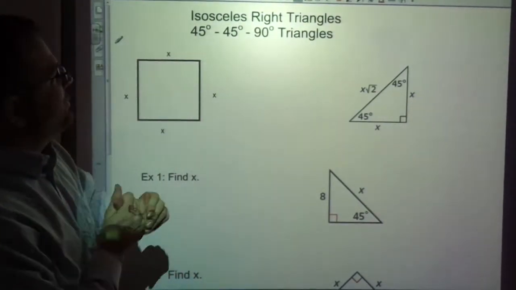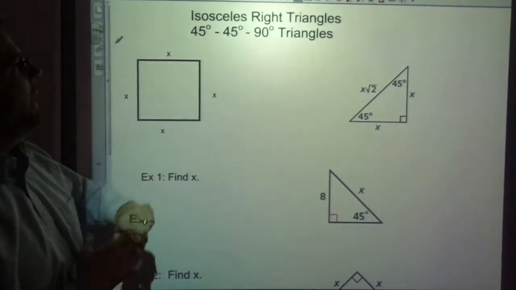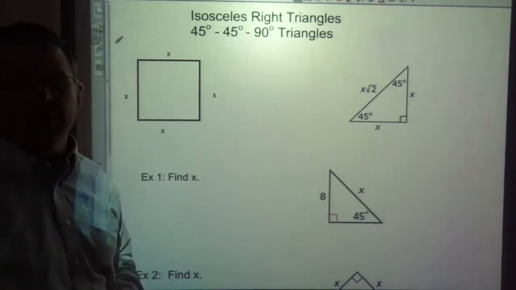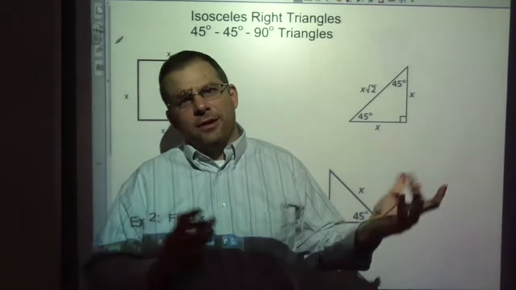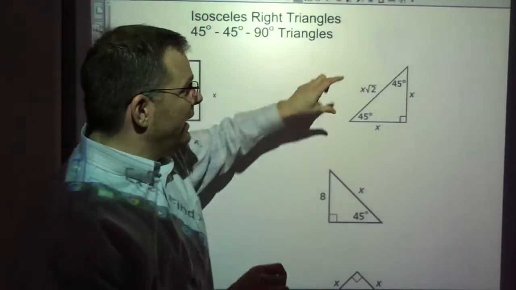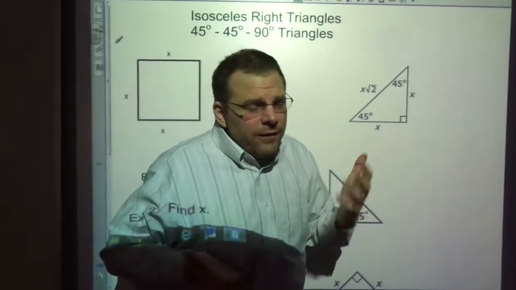Today we're going to look at special isosceles right triangles, where we have 45, 45, and 90 degrees. These triangles are not like all the other little children triangles in that they always have 45, 45, and they're